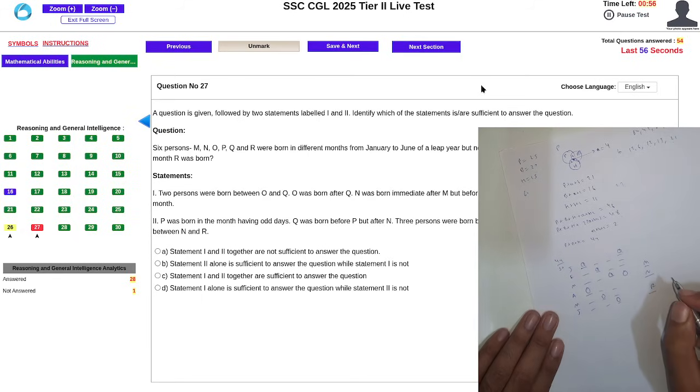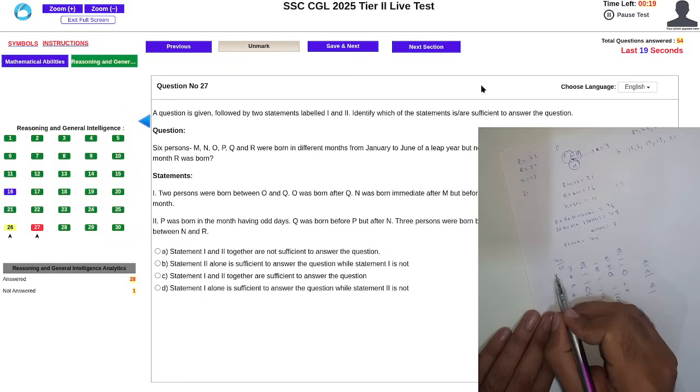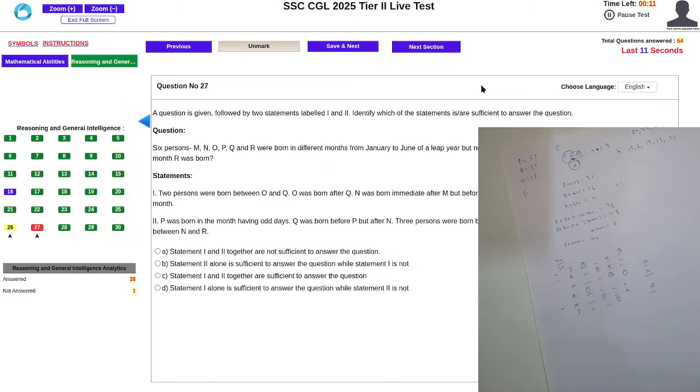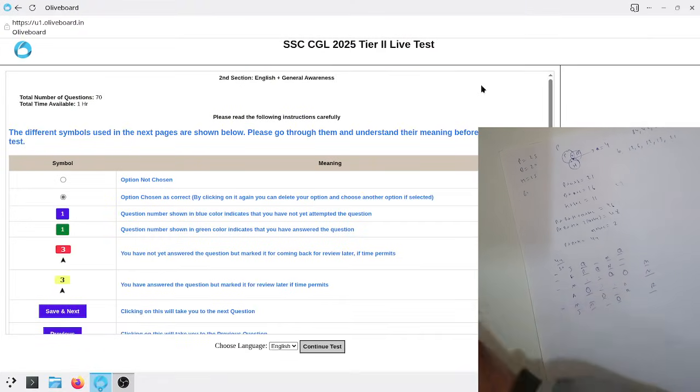Neither M nor O was born in March. M N M N, तो M N R. M N R, which month was I born? मार्च में कोई सा नहीं बनता, तो M N नहीं आएगा, तो ये तो P was born in the month having off days. एक 2 31 31. अरे भाई 3% over between P and M. इतने भारी भारी क्वेश्चन।